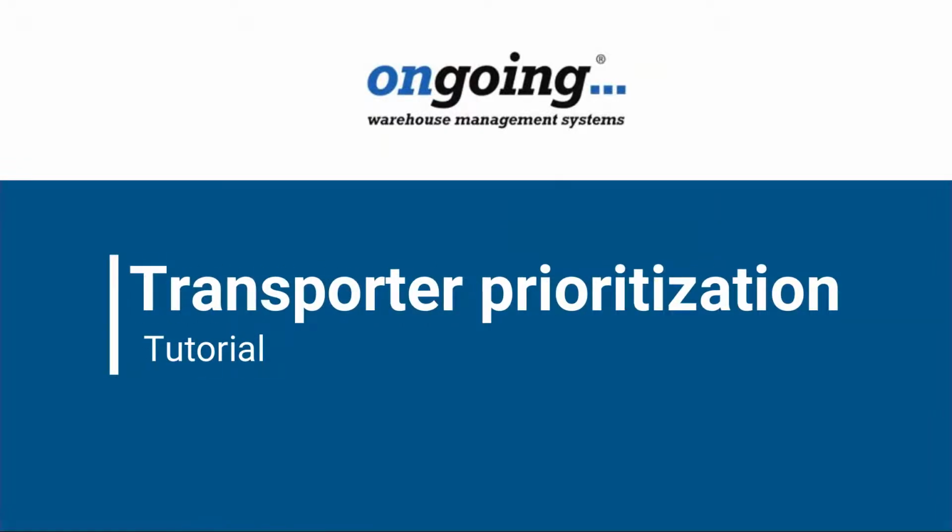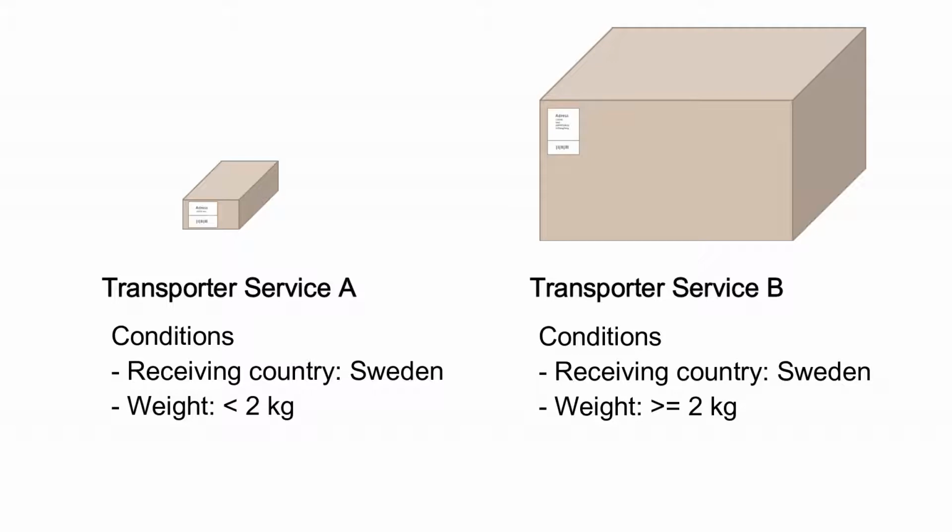In this video, I'm going to show you how transporter prioritization works. So transporter prioritization is a way for you to predefine some conditions for what transporter service to be used on orders. So for example, you can say that all orders with a weight less than 2 kilos that should be sent within your own country should have transporter service A, while all larger orders sent within the country should have